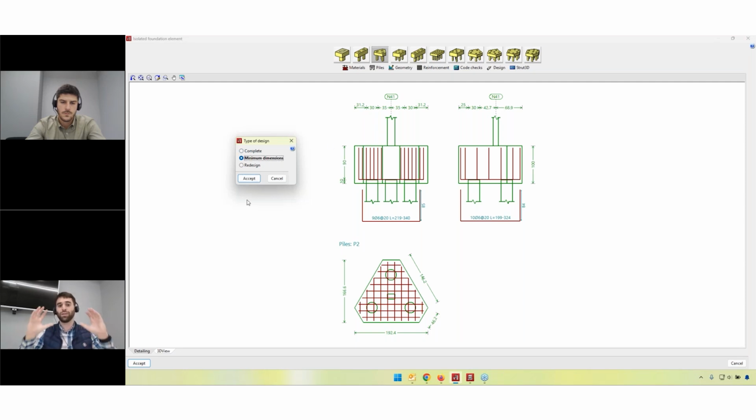In this case, the user-defined geometry is going to be verified, and in case it has to be redesigned and made bigger, this is going to be done automatically in the program. Or we're just going to go with redesign, in which the concrete dimensions are fixed, and we're just going to redesign the interior reinforcement. In this case, the best solution, even though it takes a little bit longer to calculate, I would go with a complete solution, which is always going to try to find the best and optimal solution